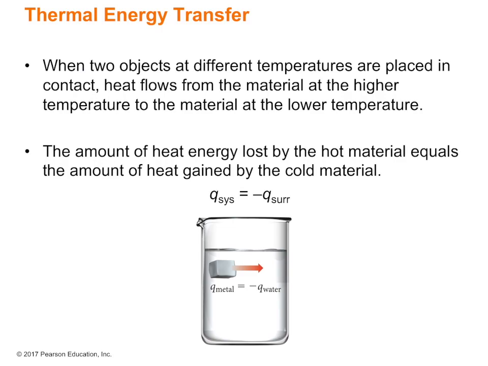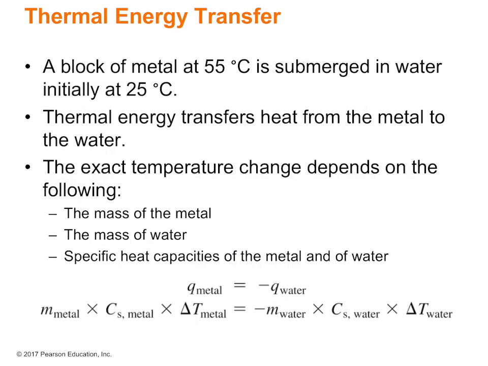If we define one substance as a system and the other as the surroundings, we can quantify the heat exchange as the Q of the system equals the Q of the surroundings. That means heat energy lost by the hot material equals the amount of energy gained by the cold material. Okay, so the heat lost is going to be put off, and then the heat is going to be gained by the cold material. So a block of metal at 55 degrees Celsius is submerged in water initially at 25